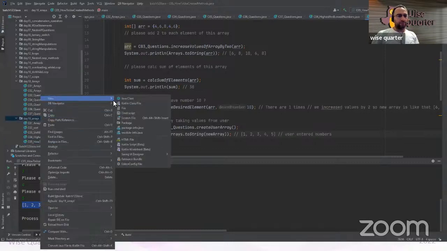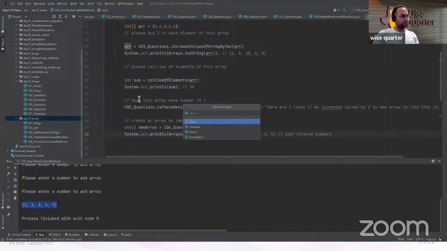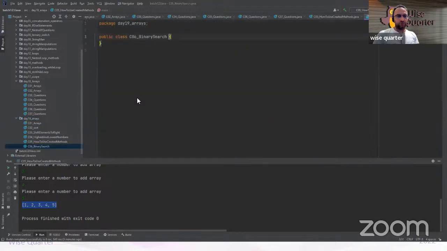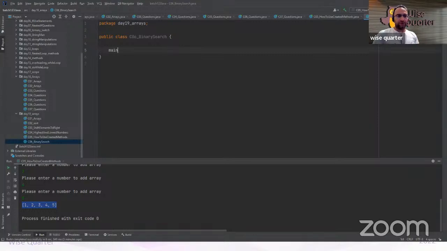I will create binary search here. CO6 binary search. Let me create an array here after creating the main method. Integer array. I will enter the numbers 1 8 9 3 7 2 5 8 1. I have created an array, and